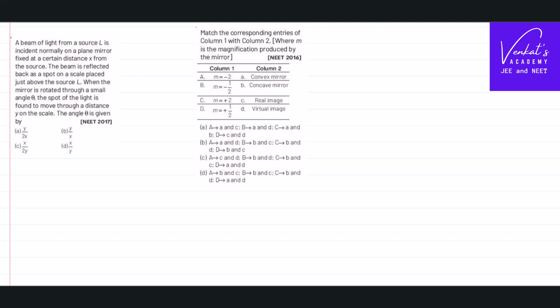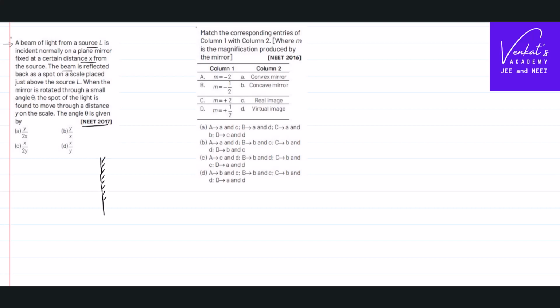We are solving two problems from ray optics. First, let me solve this small question, NEET 2017. It says, a beam of light from a source L is incident normally on a plane mirror fixed at a distance x from the source. So, if you draw the diagram for that, this is a plane mirror